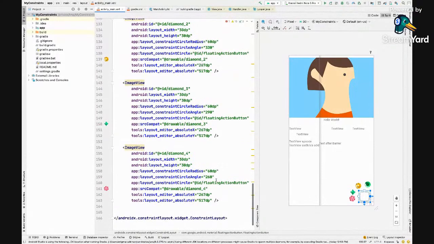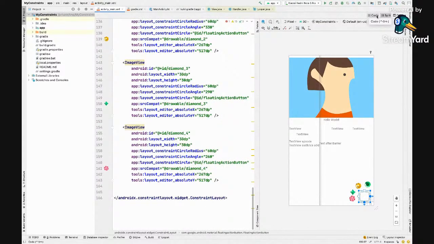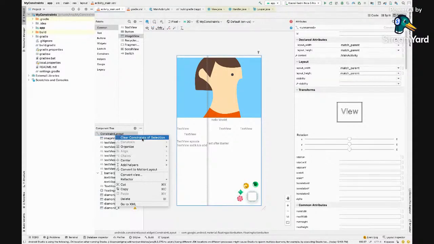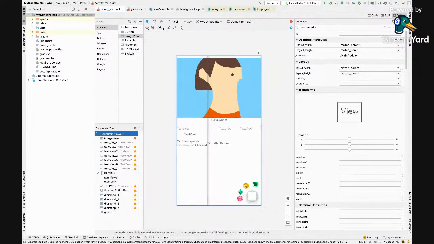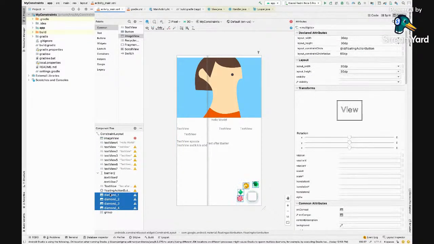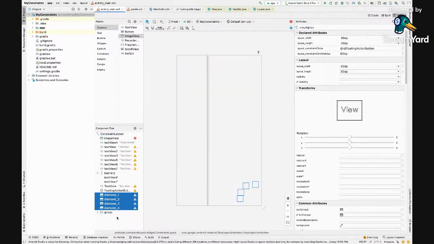There is also something called group, which I'll create. Add helpers group. What this group will do is, I'll put all of these into this particular group.